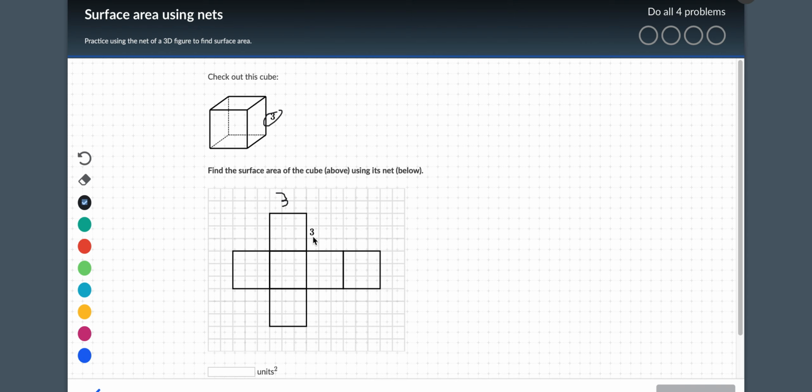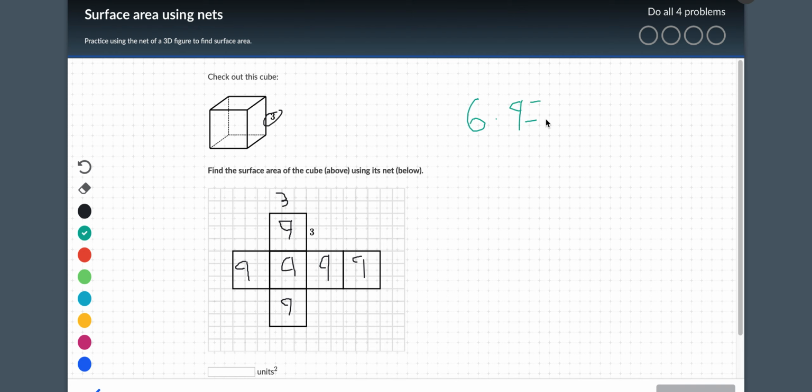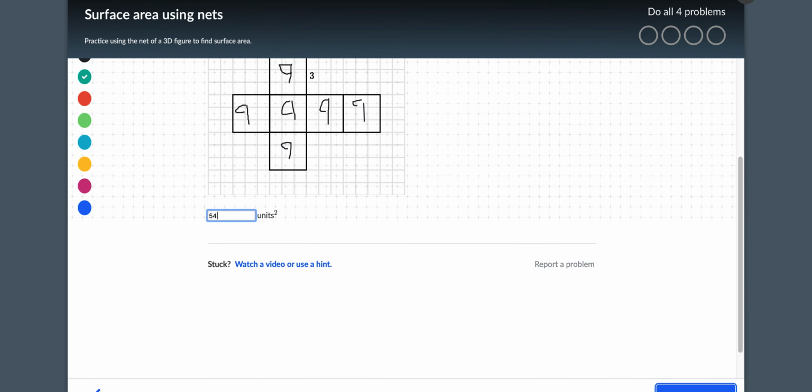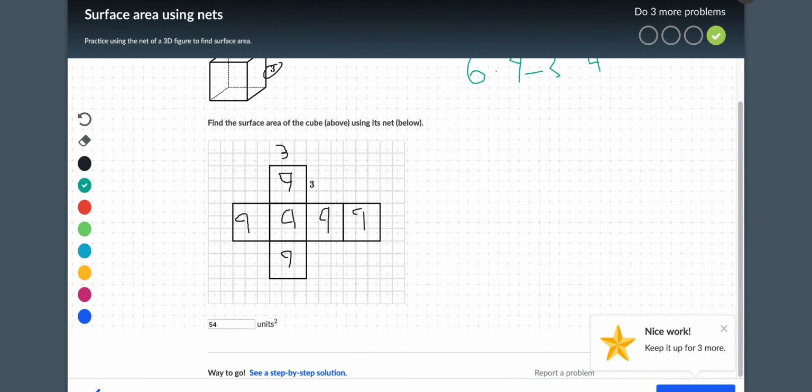So if you multiply these two together, you get 9. And since all the squares on a cube have to be equal for it to be a cube, that means every square has to be 9. So there are 6 squares, and each of them has an area of 9. So that means our total is 54. And that's the answer, 54 units squared,